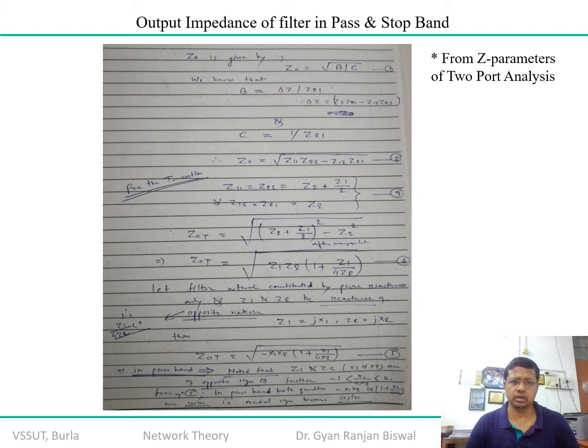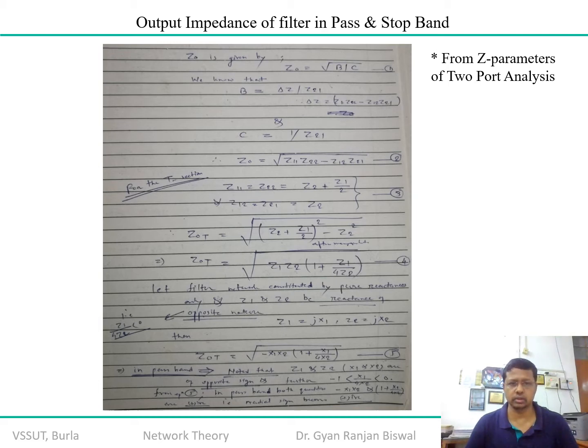Let's say the Z naught, as you can see, is given by root over B by C for a particular filter. B, you know, is a transmission parameter, and its ratio is delta Z by Z1, where delta Z is basically Z1 Z2 minus Z1 Z2: the product of the symmetric component minus the product of the reciprocal component. That difference, delta Z, is what you get from here, where C is equal to 1 upon Z2. If you take the ratio of these two, the root over that is represented by Z naught. So in equation 2, if you substitute these values, you get root over of Z1